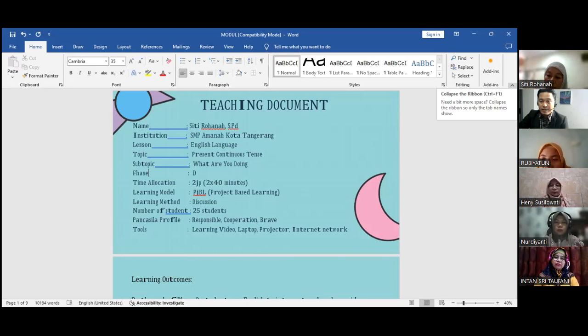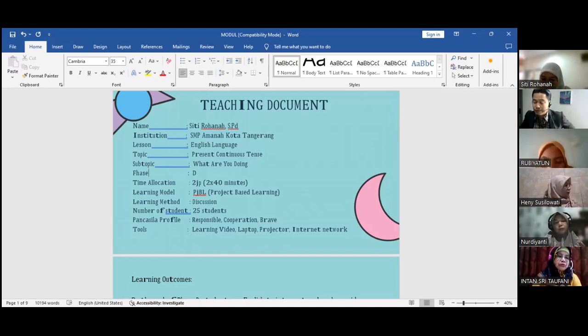And then you're mentioning also time allocations, okay? For this one, you have to mention how many meetings you're going to have for this. Is it only a single meeting or does it consist of 2 meetings? How are you going to put it? Because one learning module, you're going to implement this teaching document, this learning module